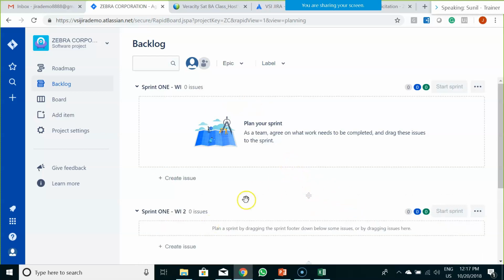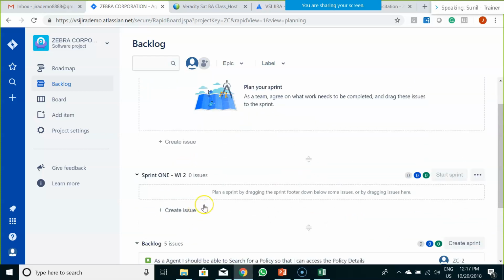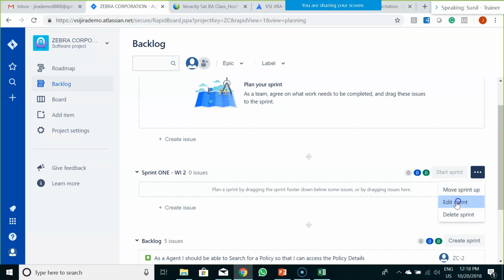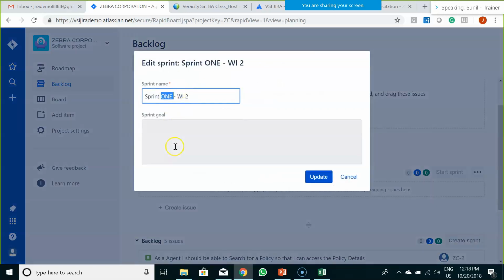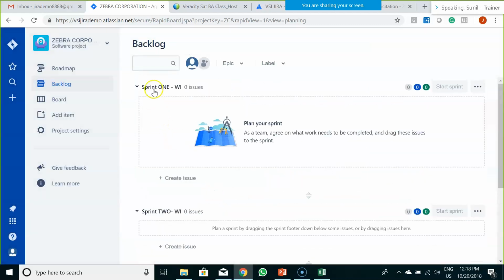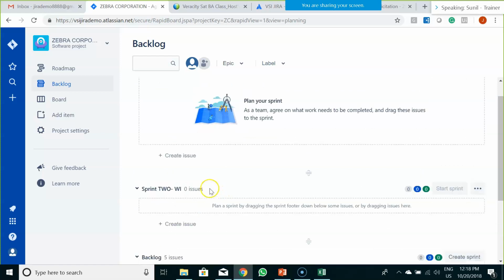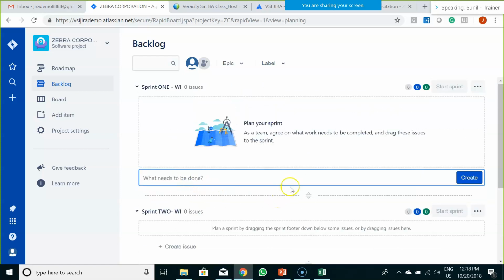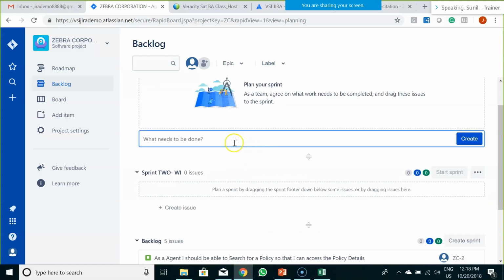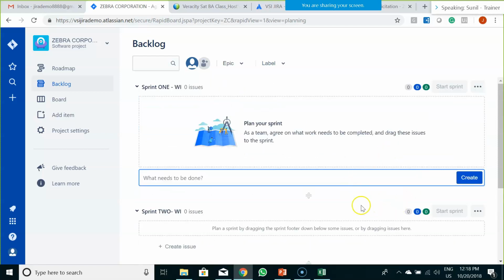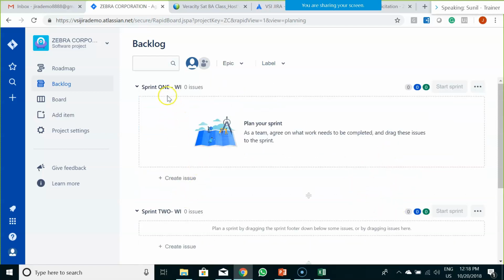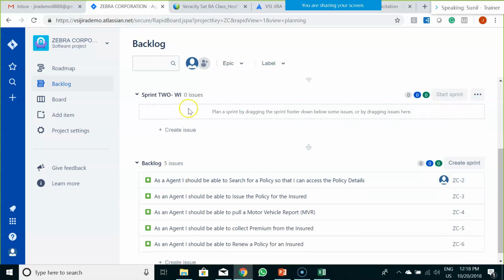Then I would create one more sprint and edit it as sprint 2 work item. Now I have created 2 sprint cycles over here, sprint 1 and sprint 2. Now I have to add some items into sprint 1 and sprint 2.